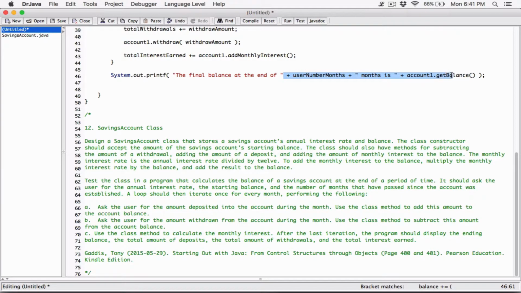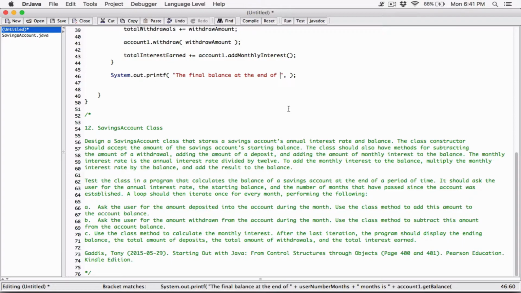So let's just change this a little bit here. I'll delete this. We know it takes in two arguments. First, how you want it formatted and what you're formatting. Now, how you want it formatted is going to be a format string, embedded with format specifiers. And the argument or arguments you pass in as a second argument is going to replace each format specifier in the format string respectively. So let's go ahead and create the format string first, or we'll even do it back and forth, so you understand what I'm saying when I start doing it. So the final balance at the end of